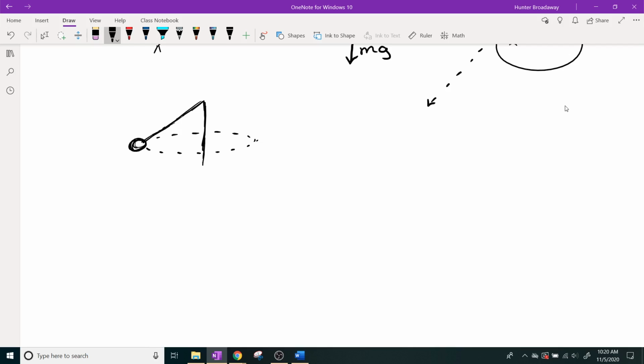Right? So this is going to be a little bit different, but not too different. One of the things that's going to be really handy for us is the measure of the angle between the horizontal line and the actual tension of the string itself. That's going to be a useful piece of information to us. So I'm going to write down that as the letter theta,